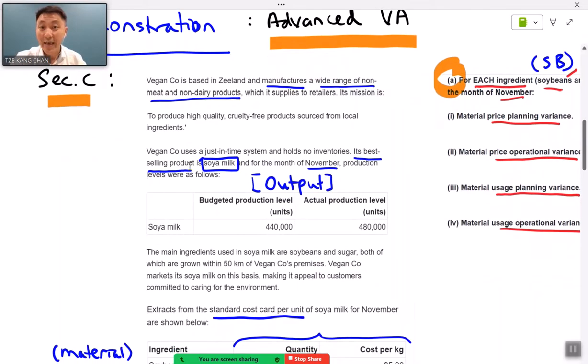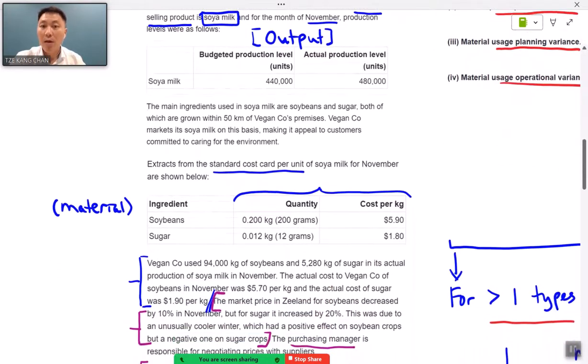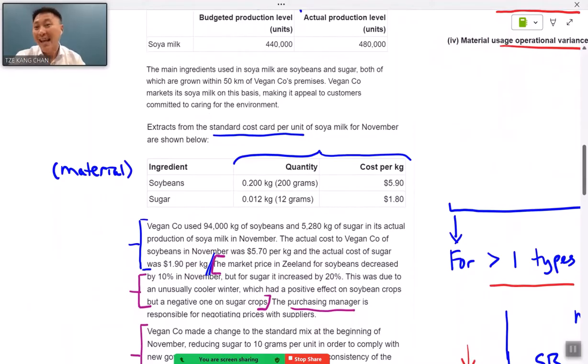One of them is soya milk. The following details relate to the operations in the month of November. Table 1 provides information on production levels, which is what we commonly call output. Given the finished goods production quantity, the following information tells us, in particular, the information pertaining to the calculations of